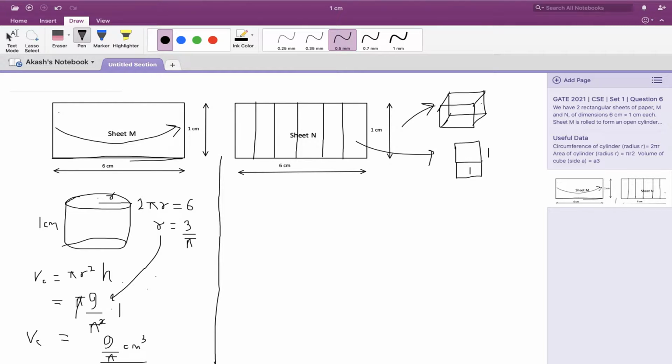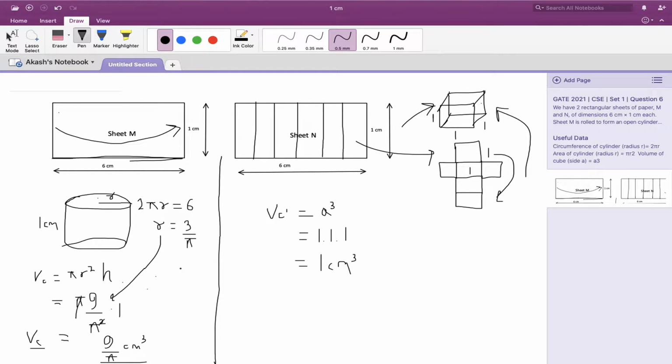Now, if we take all the segments together like so, and we take the last two segments here, then if we roll this figure up, we can essentially form a cube. The property of this cube would be such that each of its length, breadth, and height would be 1 centimeter. Now, the volume of this cube is the product of its length, breadth, and height. That's 1 times 1 times 1, which turns out to be 1 centimeter cube.